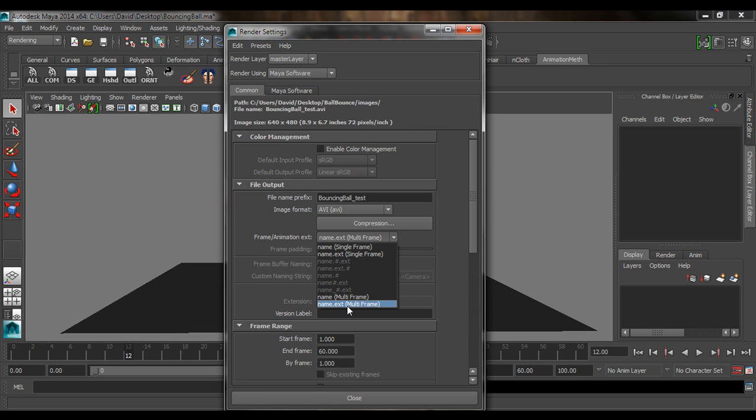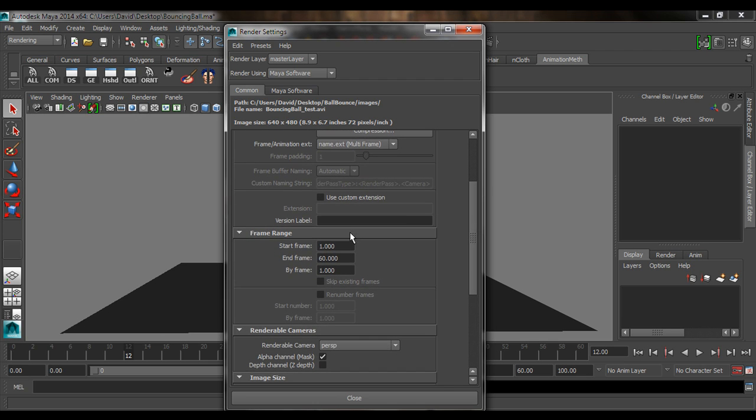And the extension for an AVI, usually it's the name of the file .avi. That's what you see. So we need to use this type of format, name.extension, because this one does not have an extension. This one does. So name.extension is going to be replaced with AVI. So make sure you're under name extension, and then down here you can tell it